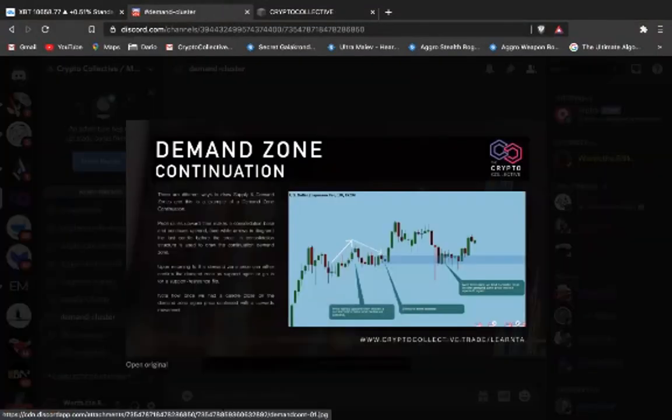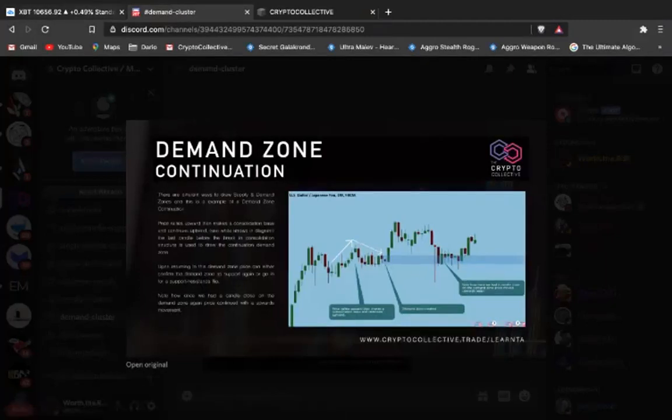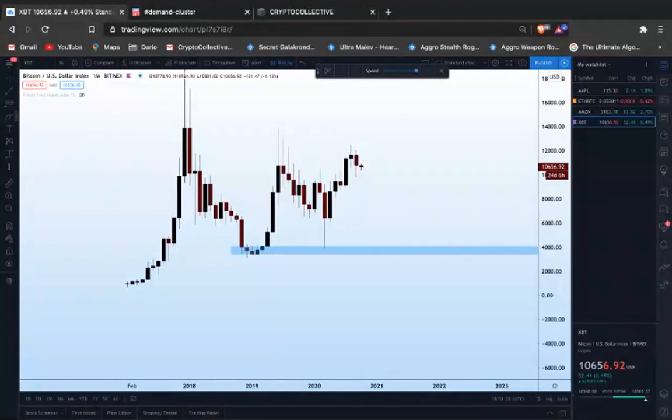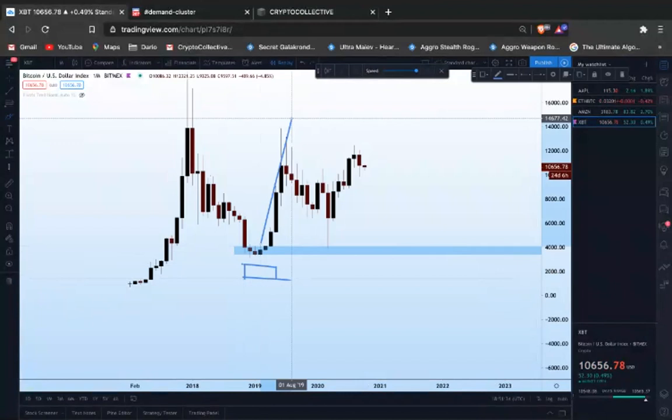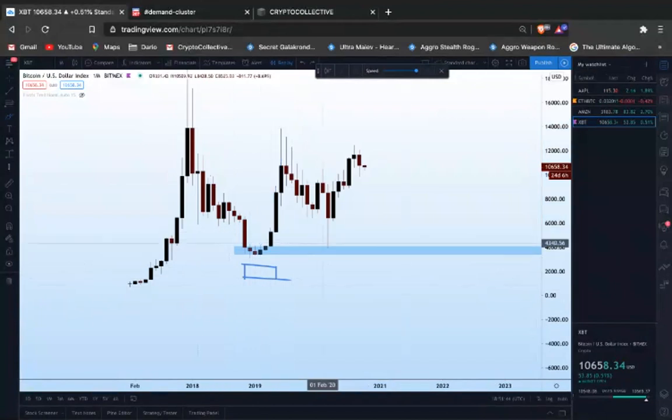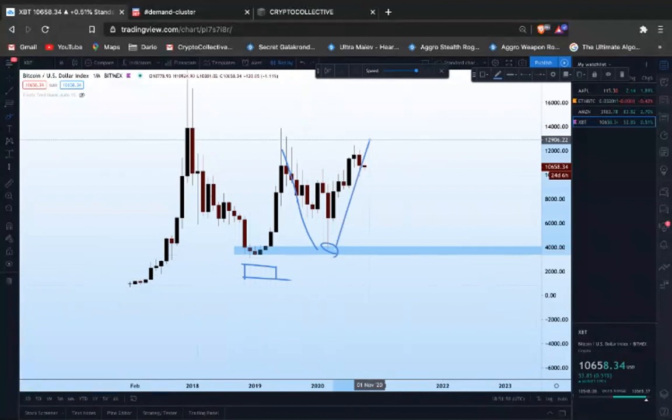It's a little area, a kind of square block that appears on the price before a massive move up. So you can see we've got this kind of rectangle here, and then the price just shoots up. So this is a demand cluster. It's an area where price increases from. So you can see that we come back down and we touched it perfectly, and then we went up again,